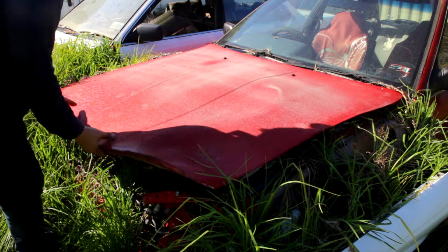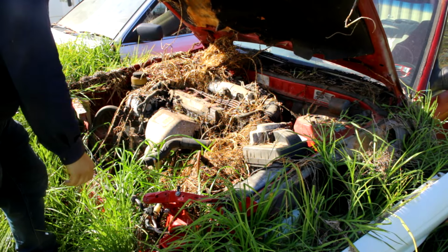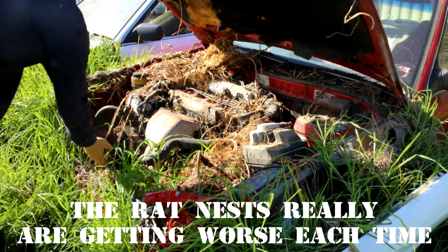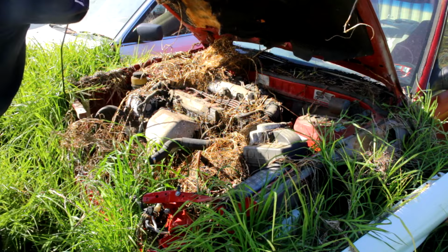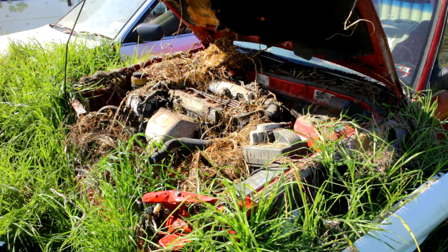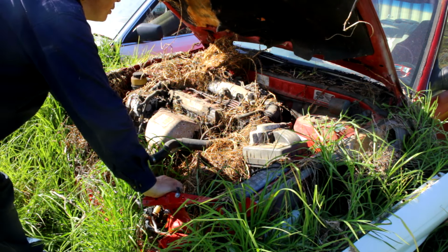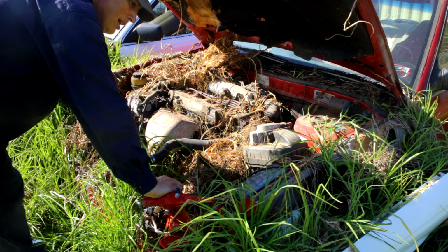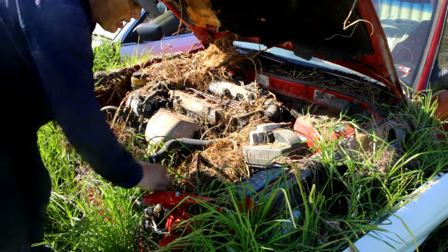Alrighty then. Even rattier than the last one. Alright. Now this one is Elmo, the little red monster. Now, it was my wife's first car. She drove the wheels off it, and well,